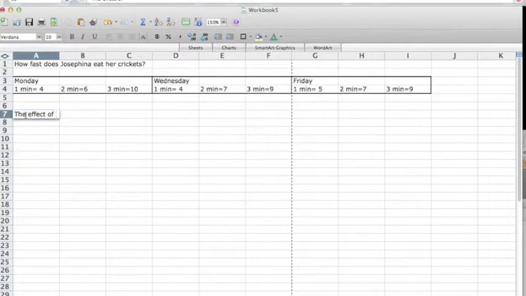So the independent variable is time. So the effect of time on, and the dependent variable, the number of crickets she eats, depends on the time. So that's the dependent variable. So the effect of time on the number of crickets